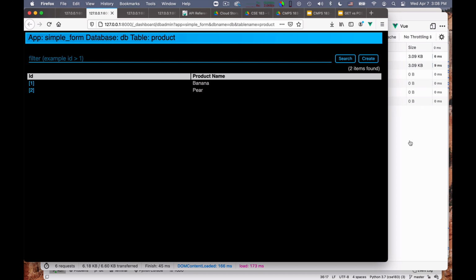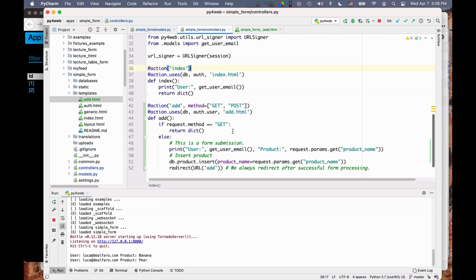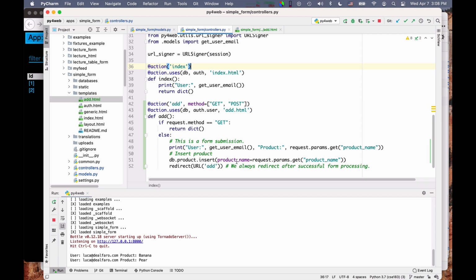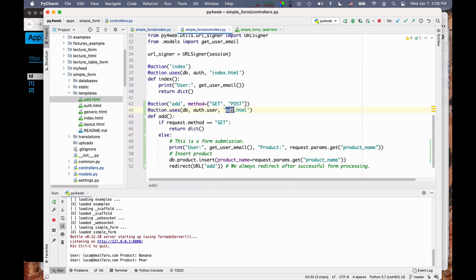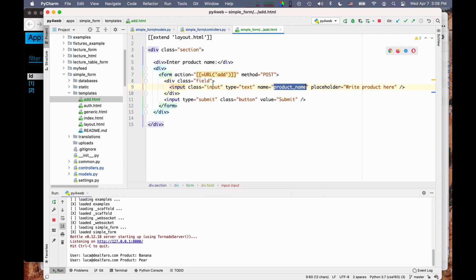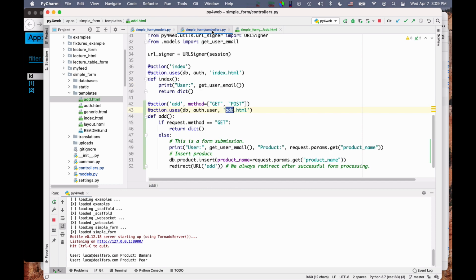Okay. So again, in concluding, I want to emphasize this is a typical way to process a form. It's an endpoint that can receive both a GET and a POST request. The GET request produces the web page and contains a form to be filled in. I return, in this case, an empty dictionary. It's not necessarily empty, but it's used to fill in this template that creates the form.